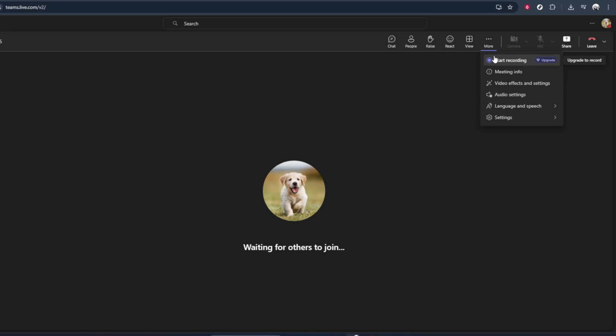Teams will end the recording and start processing the video. After the meeting ends, the recording will be saved automatically, usually in Microsoft Teams or your organization's connected storage, like OneDrive or SharePoint. You'll be able to access it from the meeting chat